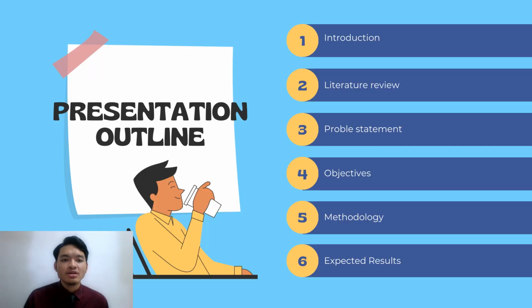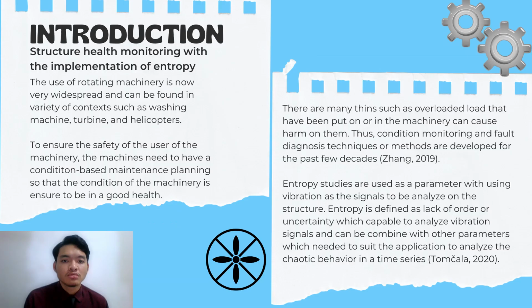The presentation outline is such as the first one is introduction, second one is literature review, the third one is problem statement, the fourth one is the objective, the fifth one is the methodology, and the sixth one is the expected result. So for my final year project introduction with the topic of structure health monitoring with the implementation of